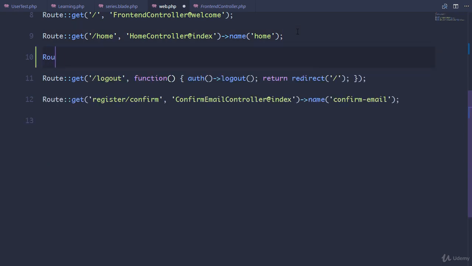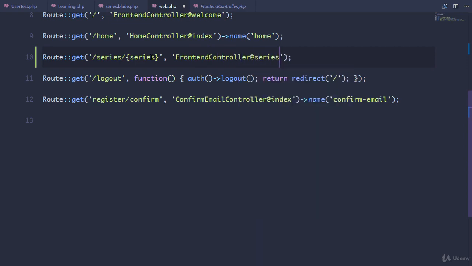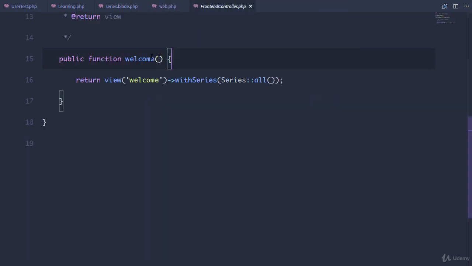Okay, so routes, it's going to be a get, and it's going to be series, and we'll take in the series. And remember, I'm using series right here because I want to make use of Laravel's route model binding. Then I'm gonna say get to the front end controller, and we'll get the series method. Okay, so in our front end controller, we'll create a series method,